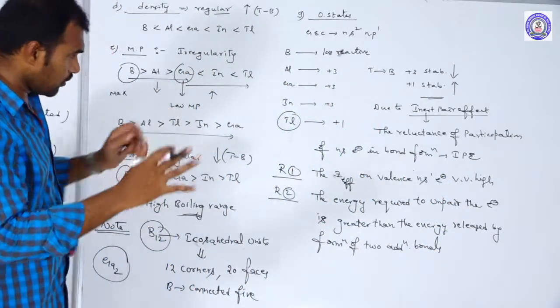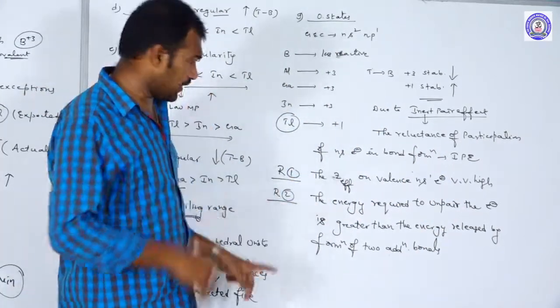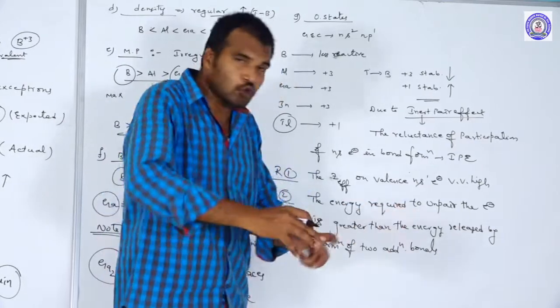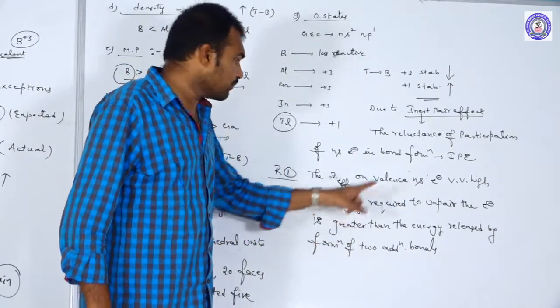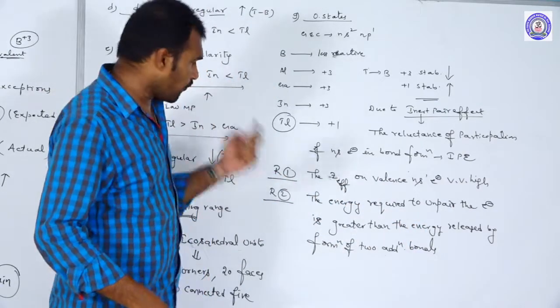Okay, you just understand this point. There is a huge meaning here. The energy required to unpair the electron is higher than the energy released by the formation of